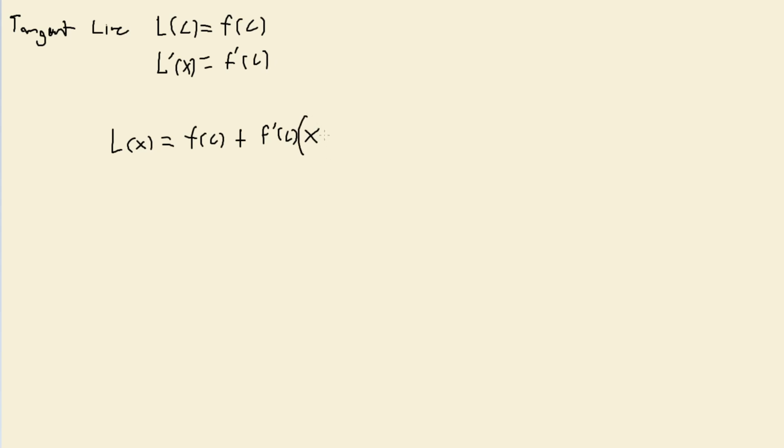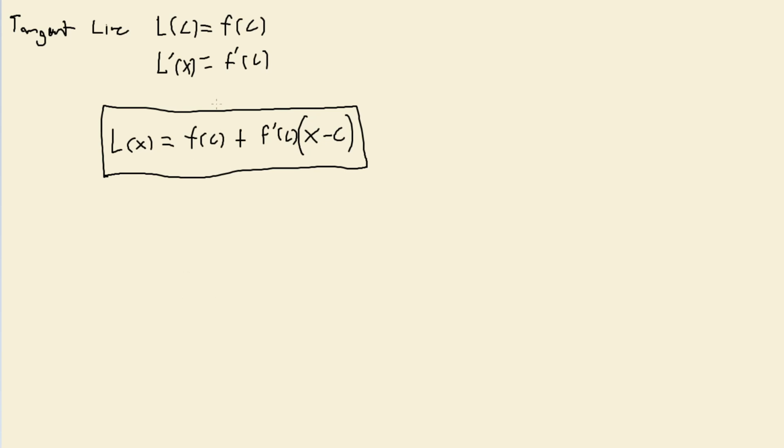Then instead of x here, I'm going to put x minus c, such that it does not change the value of the first derivative, but allows us to have a function where when we plug in the point x equals c, this will go to 0. And then we'll be left with f of c. And when we take the first derivative, we will get f prime of c. And the reason that it's worth exploring this alternative way of constructing this formula for the tangent line to the function at the point x equals c